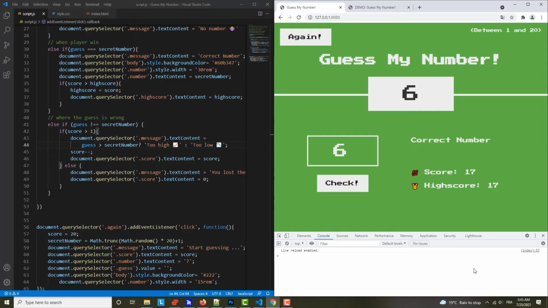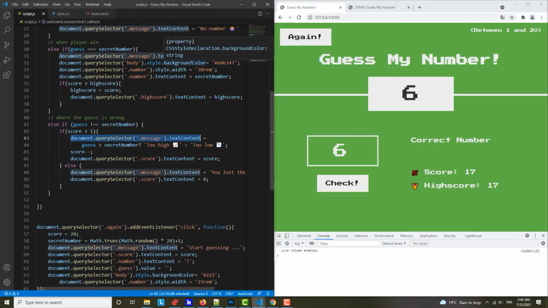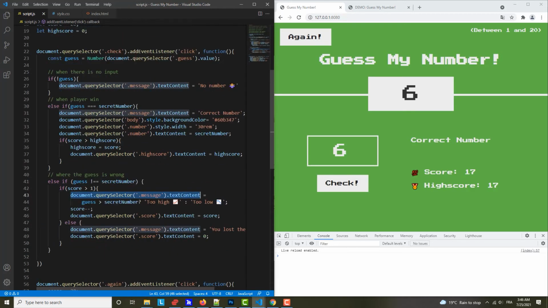So we fixed that by simply condensing two versions of almost the same code into just one. However, sometimes a good refactoring technique is also to create functions. For example, we have the same code here in multiple places. So we have, for example, this one in multiple places. You see? So we have it, I think, 1, 2, 3, 4, 5 times. So that's a lot of duplicate code,